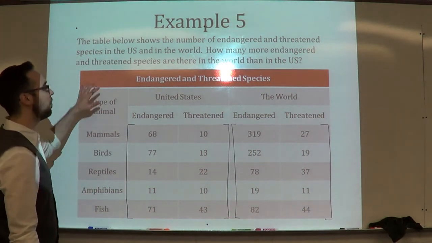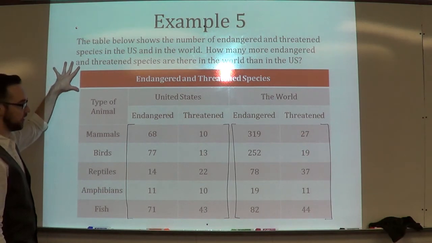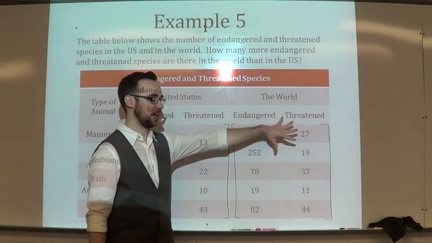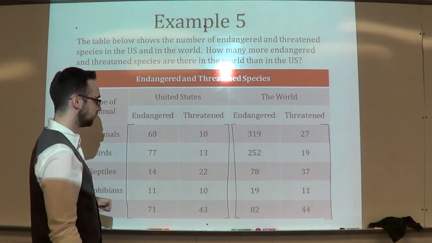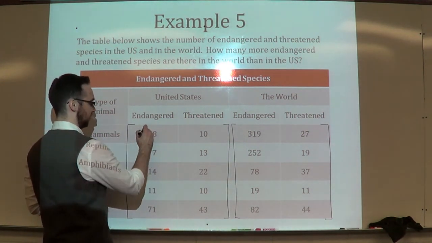Now if we're looking at how many more endangered and threatened species are there in the world than the United States, what we're going to want to do is take the matrix that has the world and subtract the one that has the United States. So when we do this, I'm really just going to flip-flop these. We're going to end up having